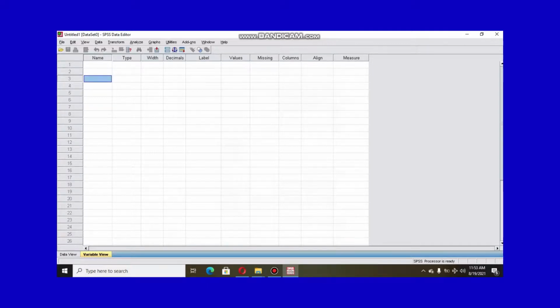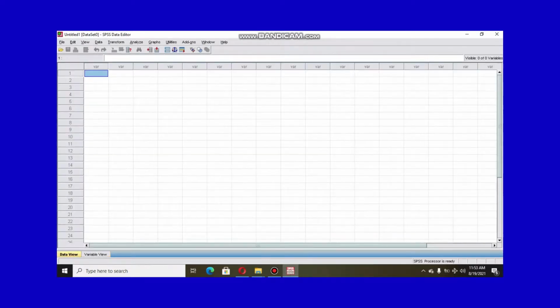So to begin with, I'm going to first of all explain what you are seeing on the screen. Everything that you should be able to see once you run SPSS is what we call the data editor. Now, when you start your SPSS, what pops up? Everything that you're able to see on the screen is what we call the data editor. Now, the data editor has two important views below the screen on the left side. These two views are what we call the data view and the variable view.